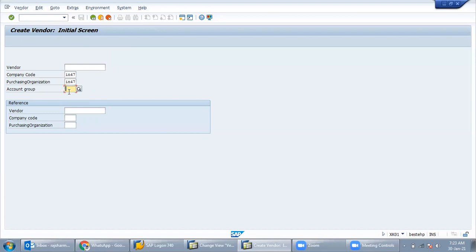Let me give you one example from real life for account group, and then you will be clear. Suppose you are buying a newspaper in the morning. You buy a local newspaper from somebody who gives you only the local newspaper.